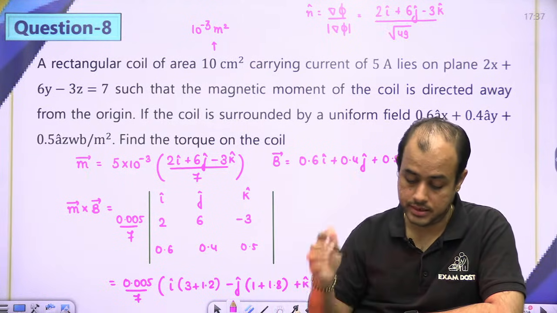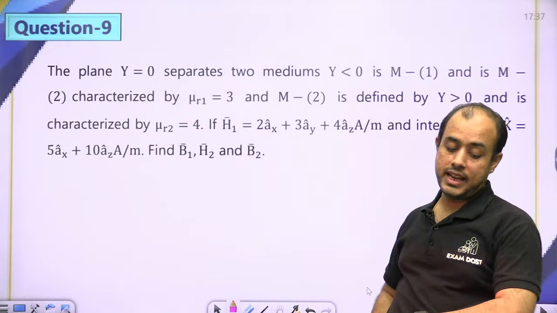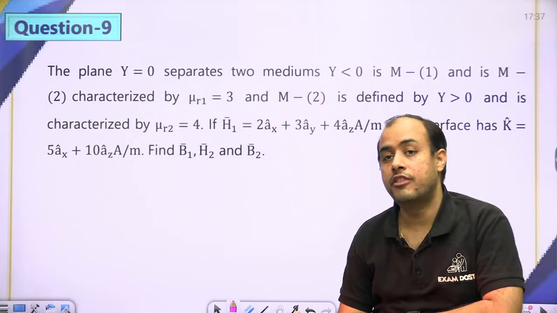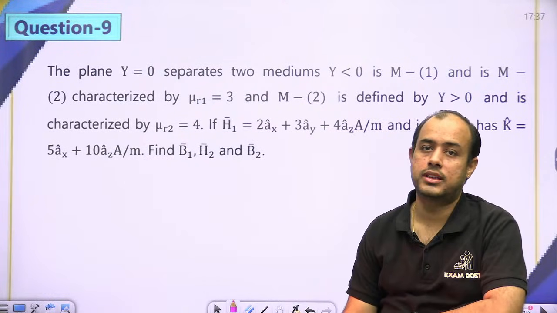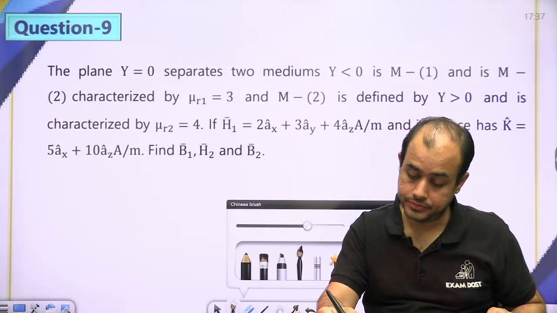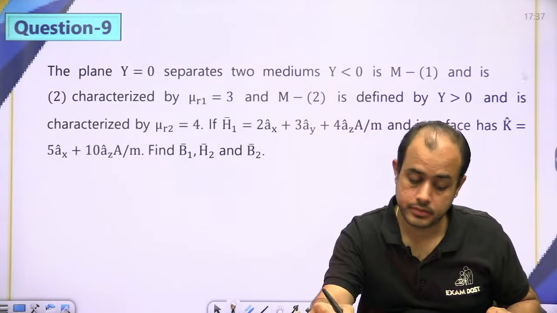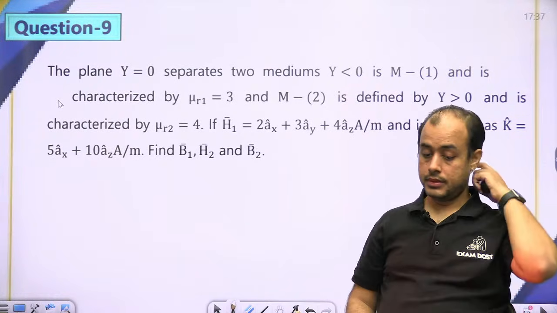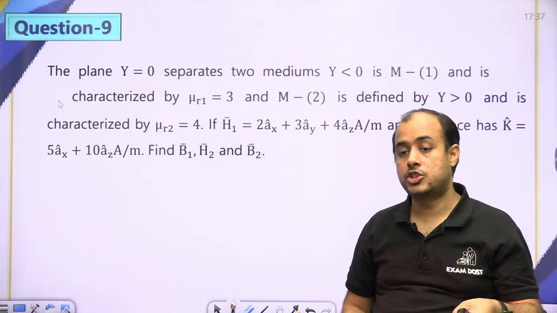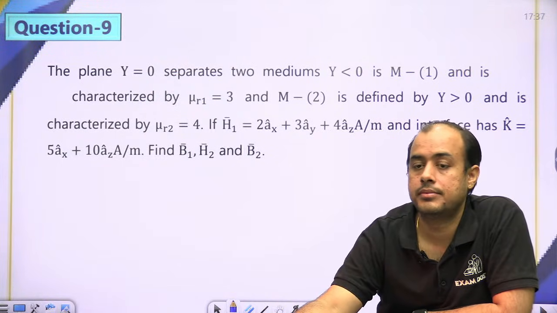टॉर्क आ जाएगा, ठीक है। अब मैग्नीट्यूड चाहिए तो भाई निकाल लेना इसका मॉड। आगे बढ़ते हैं। Now plane y equal to 0 is separating the two media. y less than 0 is medium 1, y greater than 0 is medium 2. Okay, ठीक है। Now you need to find B1, H2, B2. B1, H2, B2 बनाओगे इसको? बनाइए।